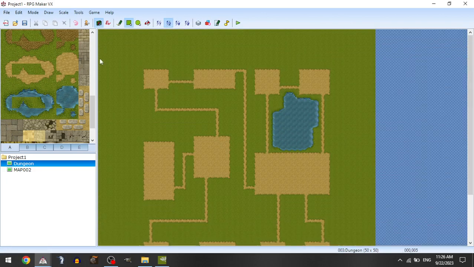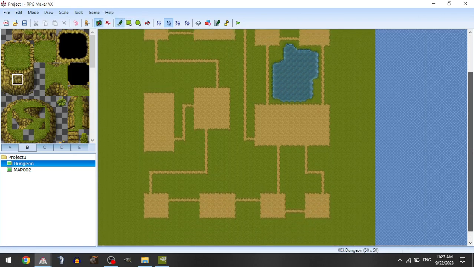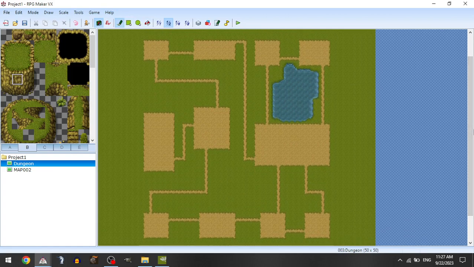And now the other thing we're going to do is we're going to add a cliff face. So we are going to just do this a little bit randomly, and then we'll clean it up after. And so what I think I'd like to do, how are we going to do this? Let's make this whole section of the map up here a plateau. So we're going to take the pencil tool with the cliff face, and we're just going to go